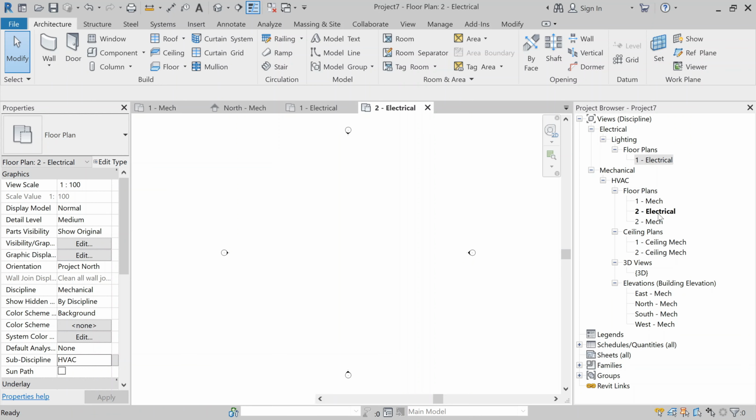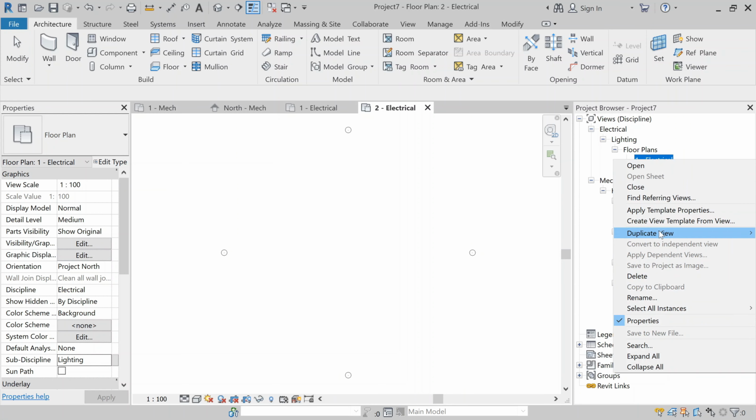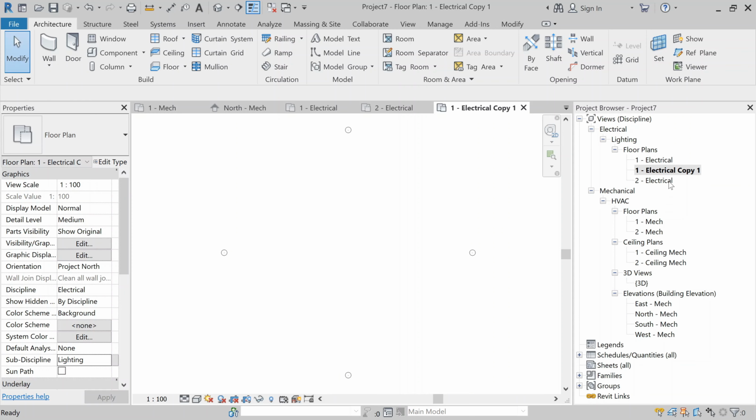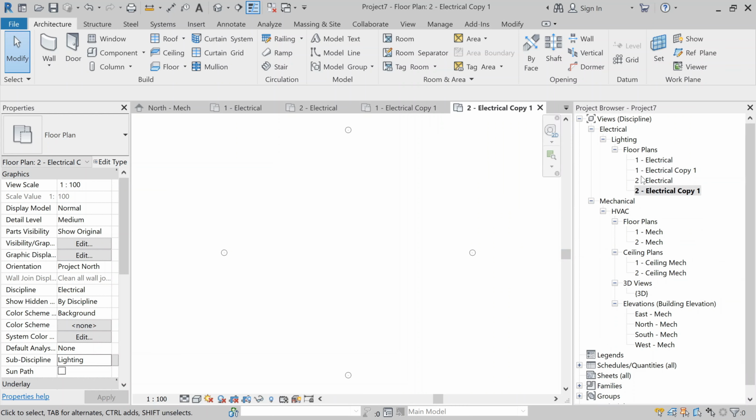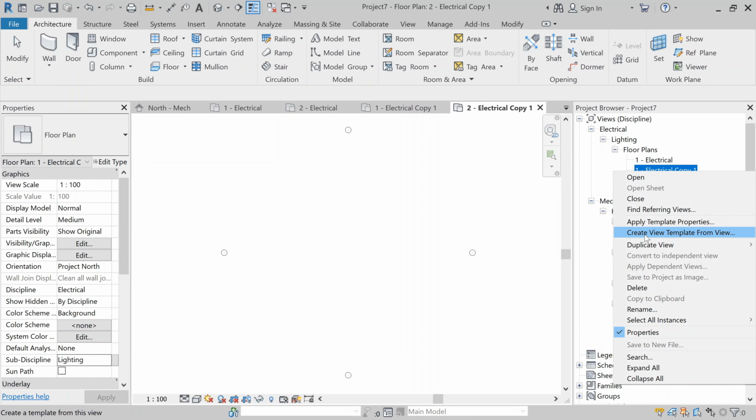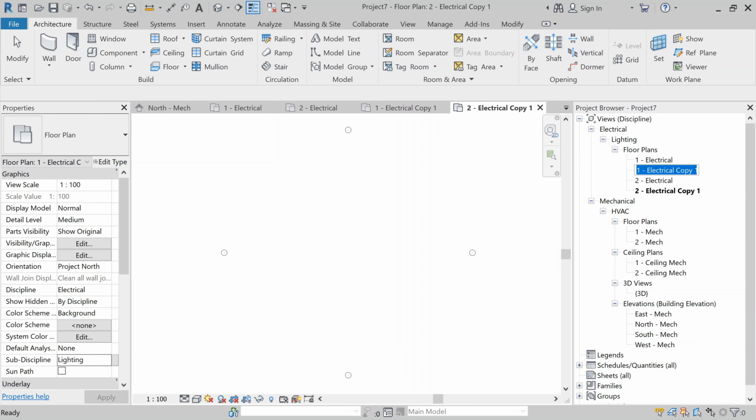Now let's go for the second plan. Select the second electrical. The same process will follow. Select the discipline as electrical and then subdiscipline as lighting. Okay, so here we have made the changes. We have created the discipline electrical with subdiscipline lighting. If you want, you can create some more subdisciplines under the electrical. For that, let's create some more duplicate copies of this electrical floor plans. Now you can rename them, let's say power.